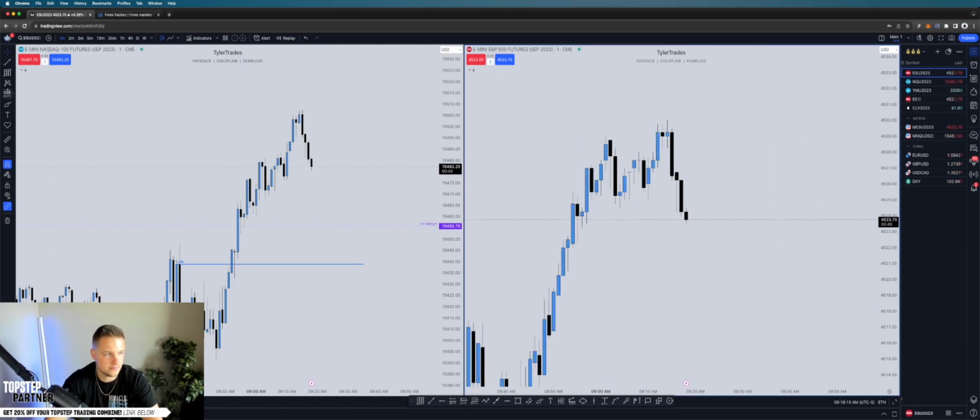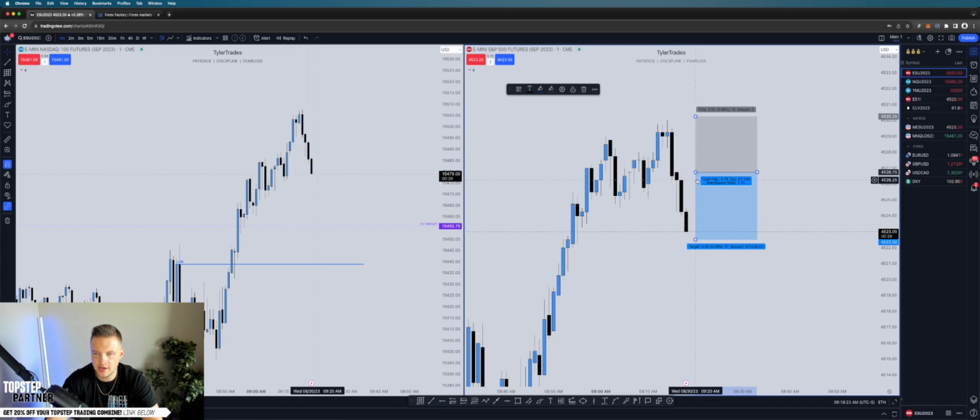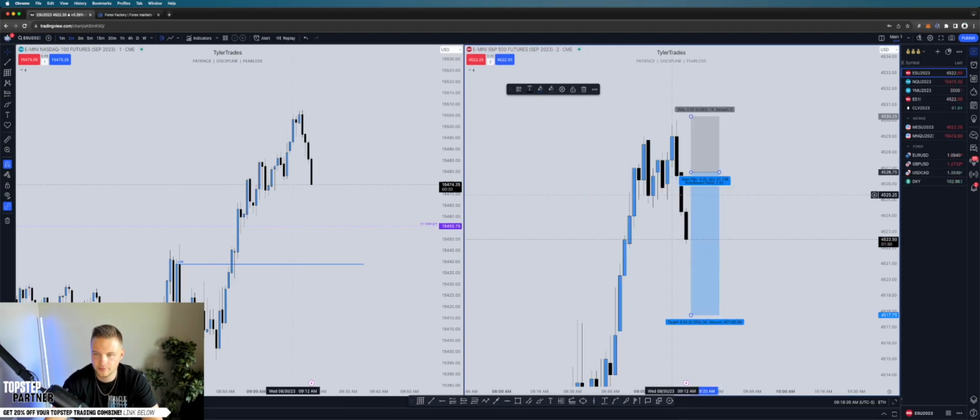Here's what I'll say. I would be willing to get short inside this fair value gap up here on the 1-minute. Stop above the high if price comes back before this 2-minute candle closes. Otherwise, I'm going to want to get short 2-minute overlapping this breaker or order block, whatever you want to call it. This 2-minute candle closes in a minute and a half.